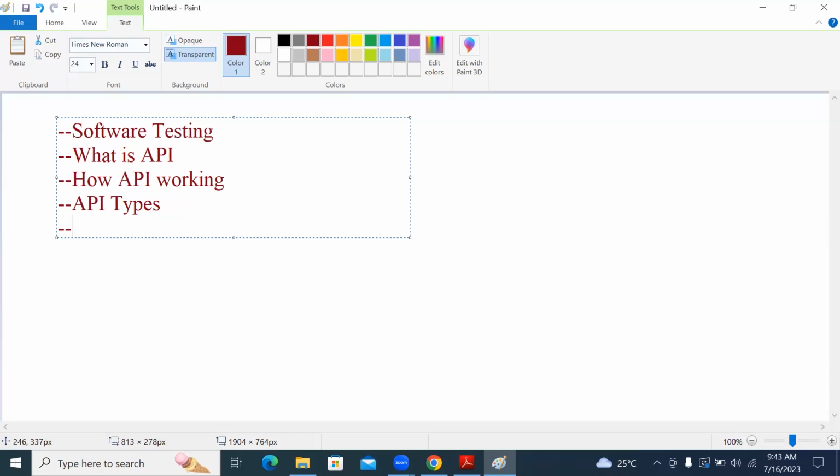And then we'll have an overview of API testing. So first we'll understand the basic information of software testing, what is API, how API is working, what all the different types of APIs are, and an overview of API testing.